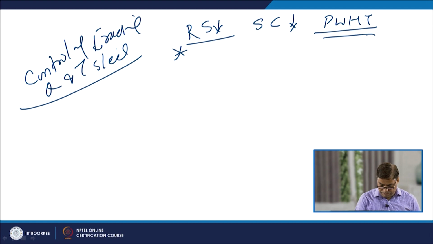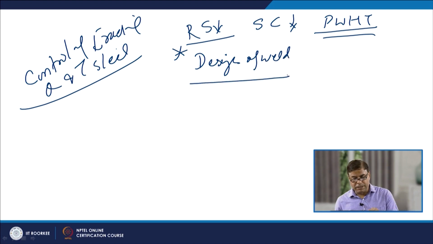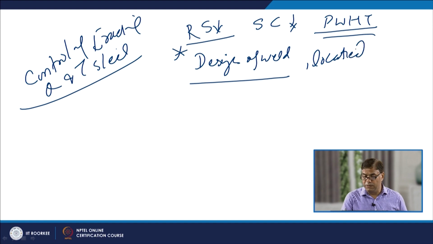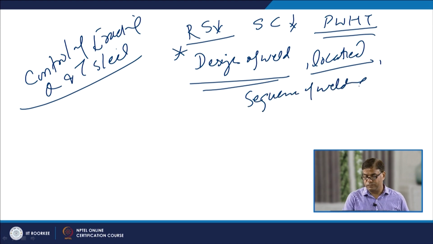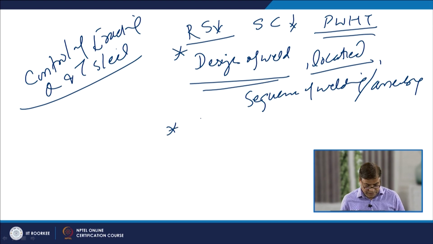For that purpose we need to design the weld properly, meaning which kind of groove geometry will be used, what will be the volume of the weld metal, and where the weld joint will be located. So, location of the weld joint, design of the weld joint, and what sequence of welding and assembly will be adopted, so that such kind of residual stress development is